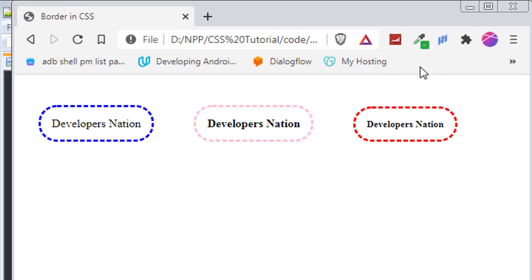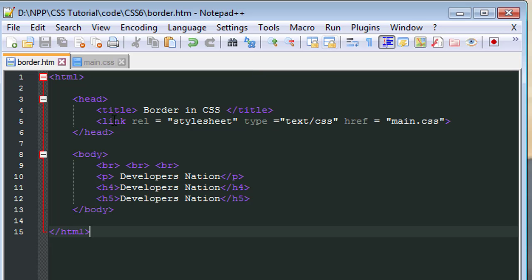So try this code yourself. Open your notepad editor and play with this code. You will find all the CSS code on